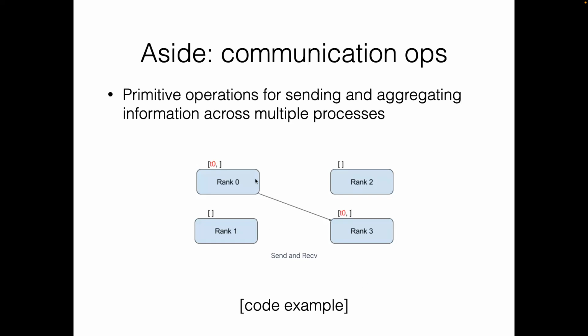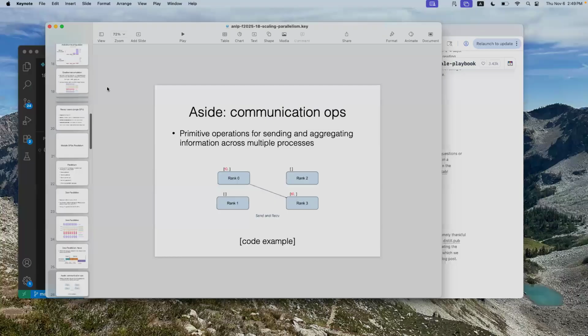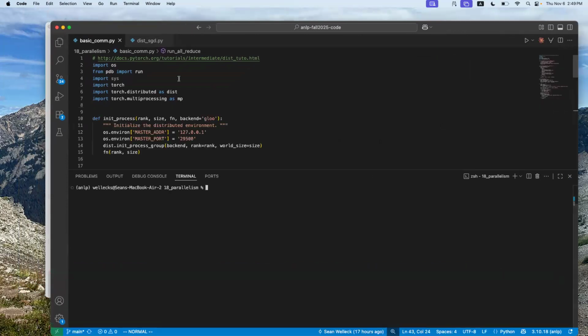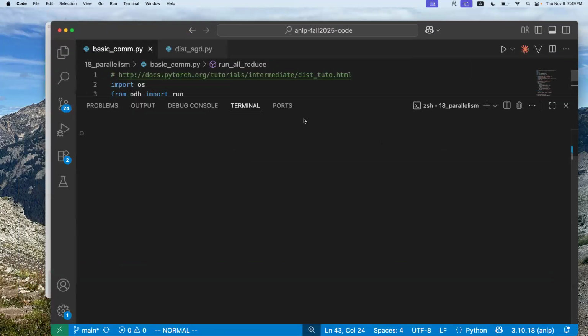A really simple operation is a one-to-one operation, where you're sending a message from one device to another device. You'll see this word rank come up, and this is the term that's used to refer to different logical devices. Could be a process, whatever. Here, the PyTorch documentation actually has some nice documentation on this, and I'm not going to be able to go through all of them, but I thought I'd show this to you,